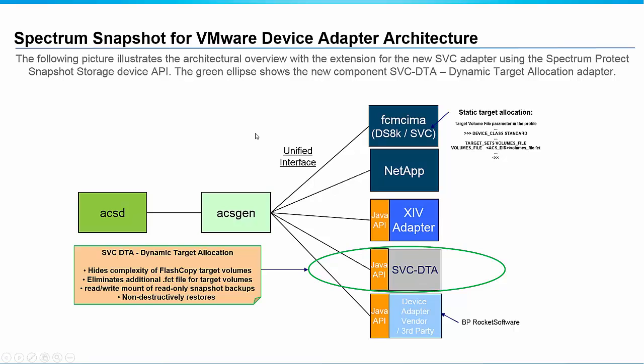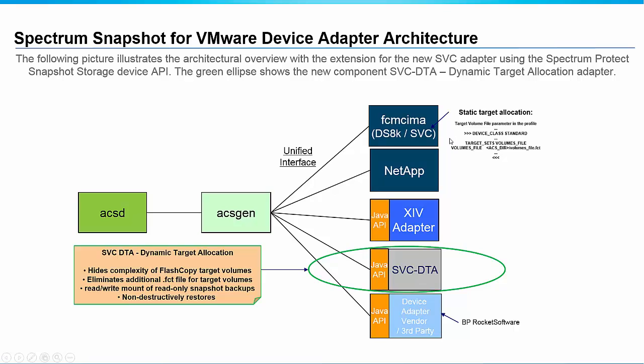Here we see an overview of the architecture of Spectrum Protect Snapshot for VMware. So if you're familiar with the product, you'll be familiar with this architecture. On the left-hand side here, we have the ACS controller daemon, and then the generic target adapter, which is going to be connected to the various different adapters that support the various different devices used with Spectrum Protect Snapshot for